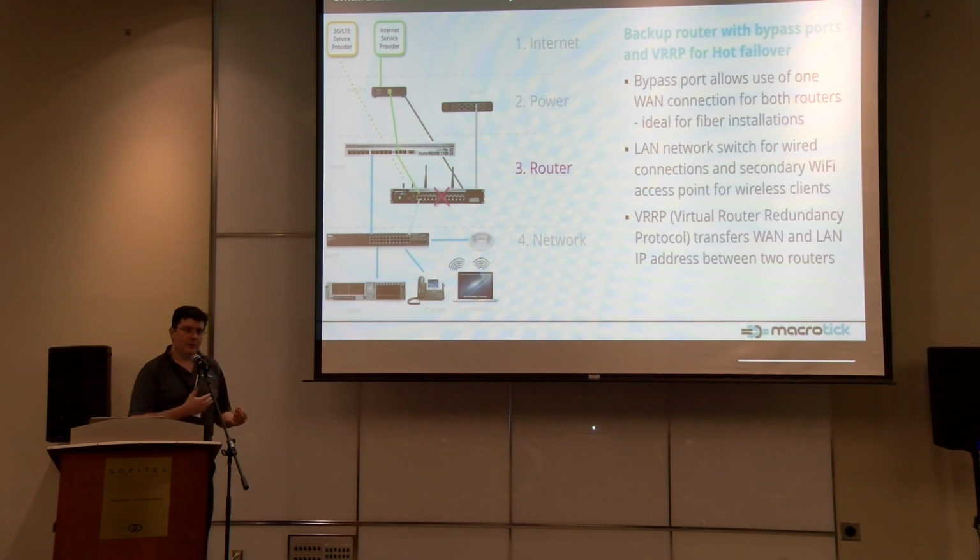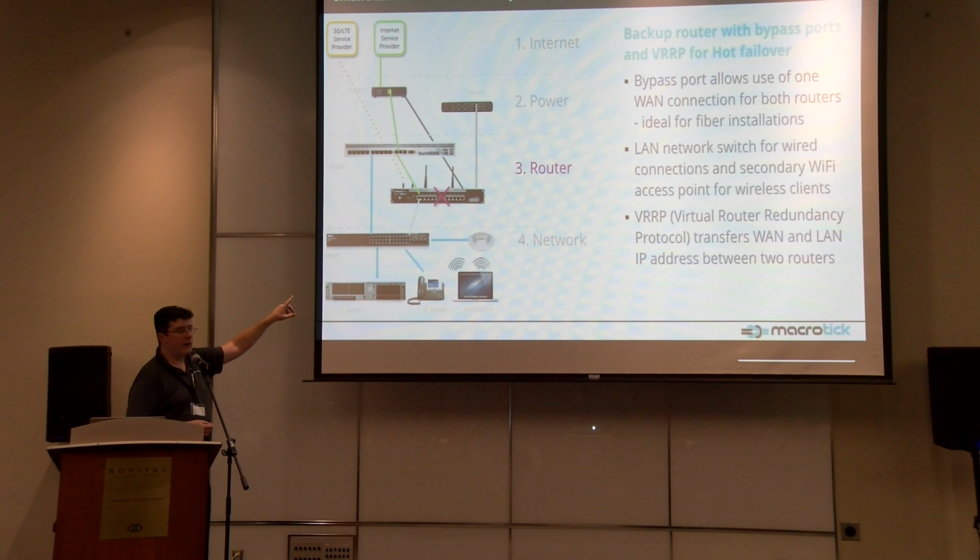So what's happening with the configuration? To make them work seamlessly, we're looking into VRRP. VRRP is the Virtual Router Redundancy Protocol. And what this will take care of is transferring the IP addresses from one primary router to the backup router and vice versa. So when you look at the situation where here we have two routers and two WAN connections, actually one WAN connection passed through, we also have a LAN side. And that's where the second piece of equipment came in, which is the network switch. It's used to have that connectivity between the two routers in place so they can talk to each other